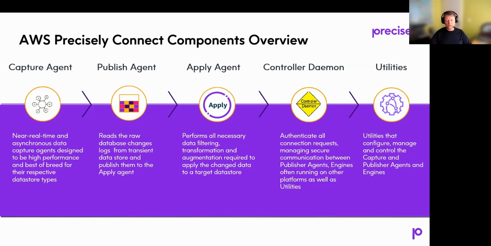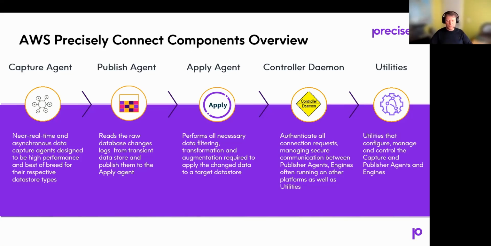So this is what runs on the mainframe. And as you can imagine, everything that runs on the mainframe must be lean and mean. It shouldn't consume any cycles or resources, or as few as possible. So that is why the capture and the publisher are just responsible for collecting the information and sending it out. There's nothing about all these other changes that must be done, because that is the responsibility of the apply agent,